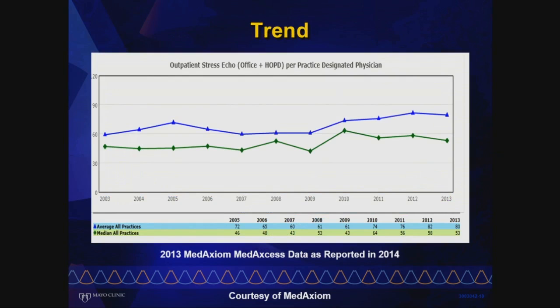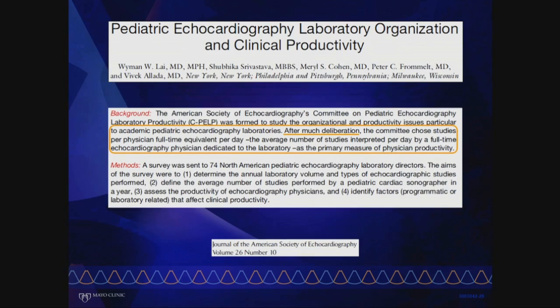Trends are also helpful. And this is a situation where I can look and say, you know what, I'm really trending upward, and I'm doing a whole lot of stress echoes compared to everybody else. Are they all appropriate? Or I'm trending downward in my transthoracics, but I have a big population of oncology patients, so maybe they're being underrepresented, and that's how that can be helpful.